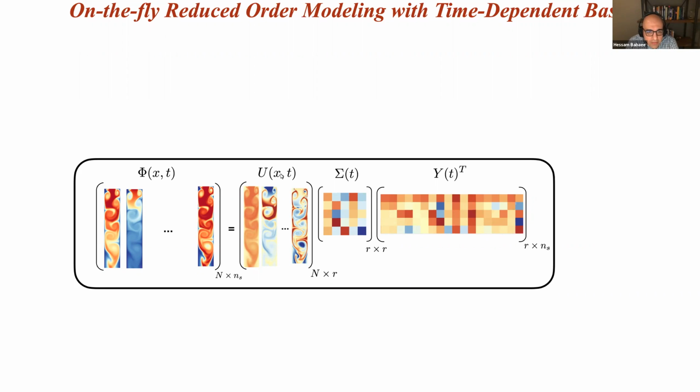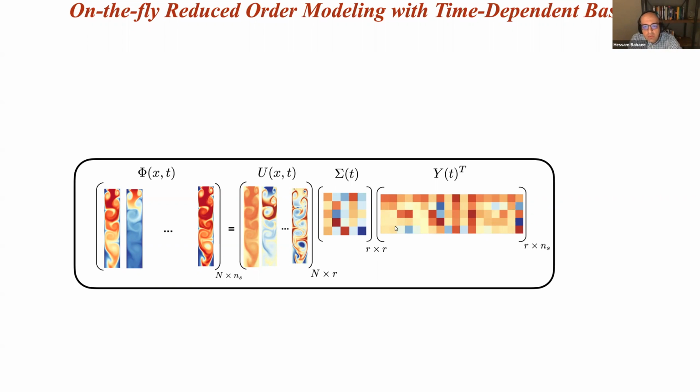In that sense, these are time-dependent bases here, and these are also time-dependent bases. These are time-dependent bases in the physical or spatial space. These are time-dependent bases in the composition space, which is where the reactions are happening. Each of these columns is the concentration of one species, let's say hydrogen, oxygen, and the corresponding column in this vector shows the concentration of the same species in this new coordinate system.